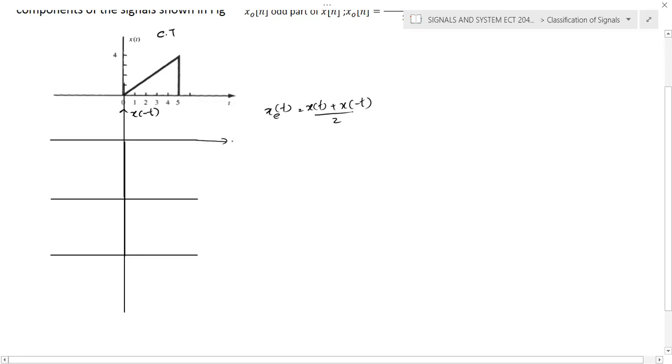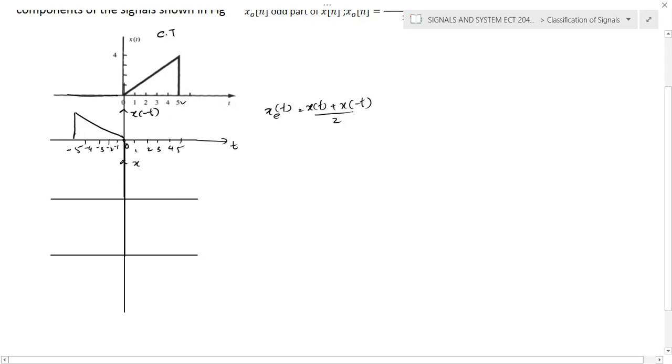So we can plot x of minus t. So x of minus t means it's simply the mirror image. So I can draw the signal x of minus t like this. So here it is 5. Now it becomes minus 5. So minus 4, minus 3, minus 2, minus 1 and 0. Okay. And for 1, 2, 3, 4, 5, the function values are 0 because there is no signal at this particular negative side. So if you rotate, you will get 0 here. Now we got x of t and x of minus t.